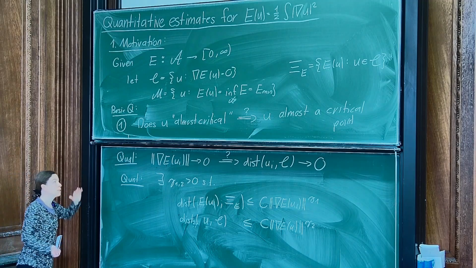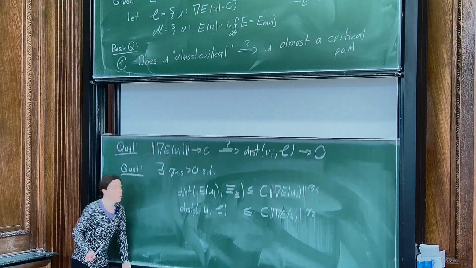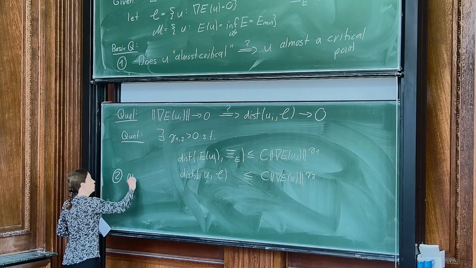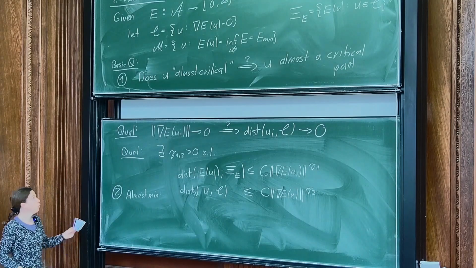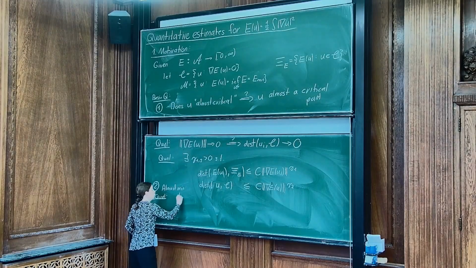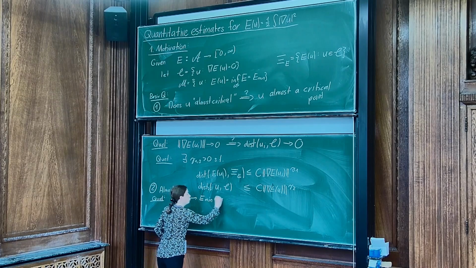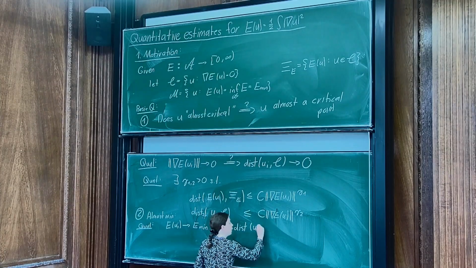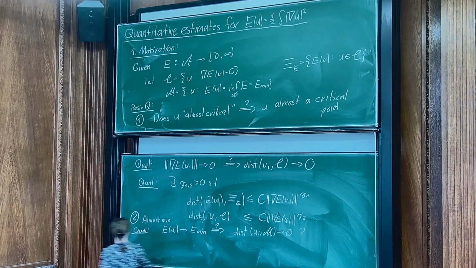Now, you can do the exact same thing for almost minimizers, and you just reformulate the corresponding problem. So 2 is about almost minimizers. You can do the same thing at the qualitative level. So does the energy of U_i converging to E min ensure that the distance of the U_i to the minimizing state goes to 0? And then at the quantitative level,